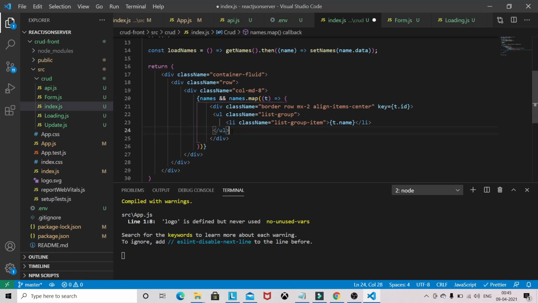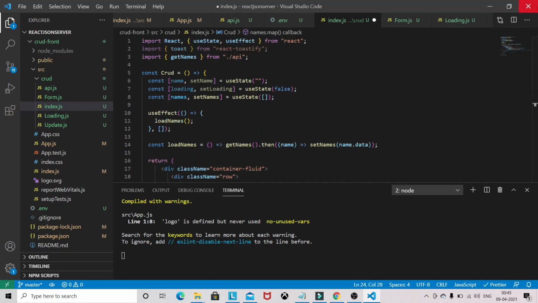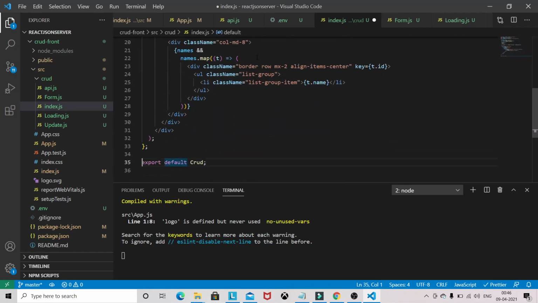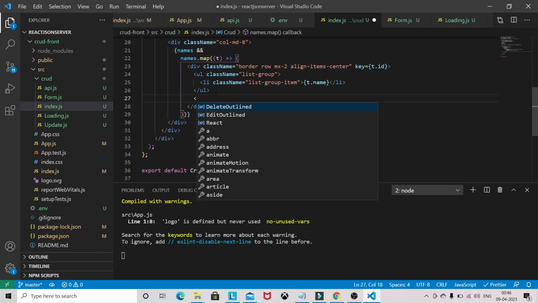Okay, now we need the delete and edit icons. We have already installed one package, Ant Design icons, so from that we can get the icons. So we need EditOutlined and DeleteOutlined.